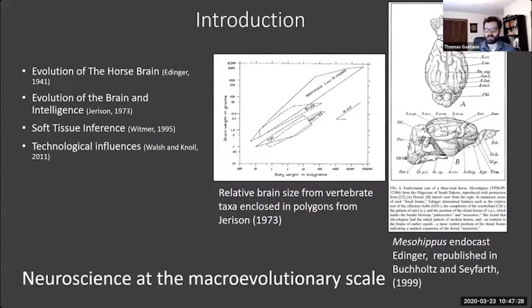Now, early paleontologists recognized how useful endocasts can be. Some of the earliest work was actually done on horse brains and horse endocasts. Evolution of the Brain and Intelligence is an important work. It's still popularly cited, basically controlling for body size and talking about how big different animals' brains are. Data was taken from mammals, birds, these large groups of vertebrates. Body size was controlled for in order to ask, okay, this animal's brain might be bigger, but is it bigger than expected given how big the animal's body size is?